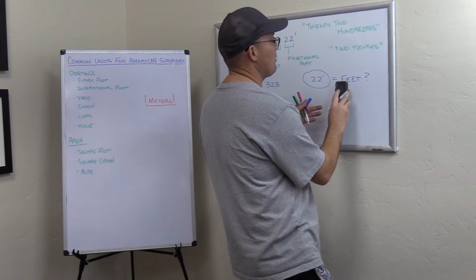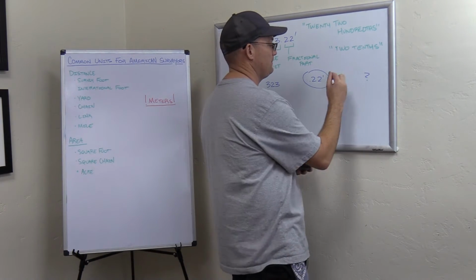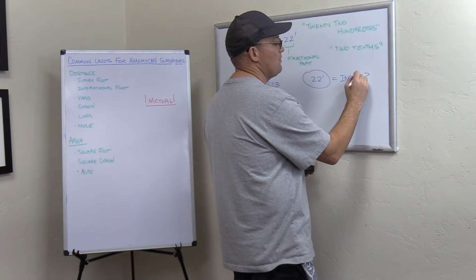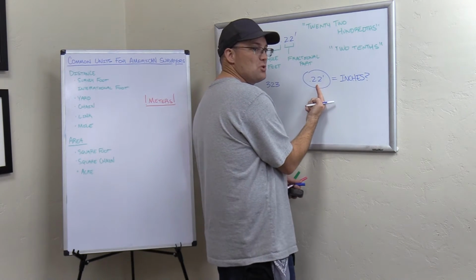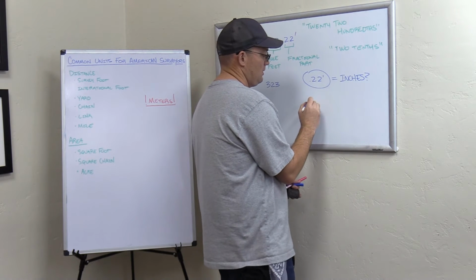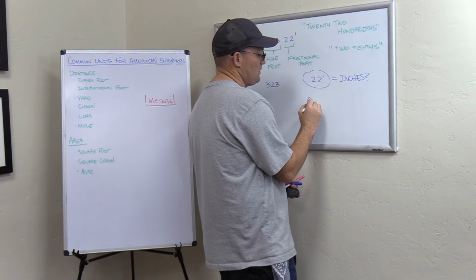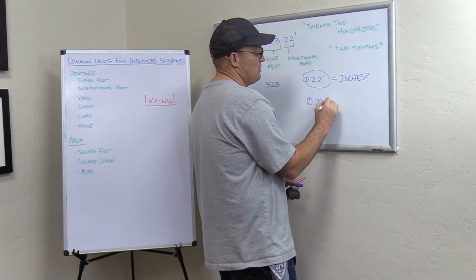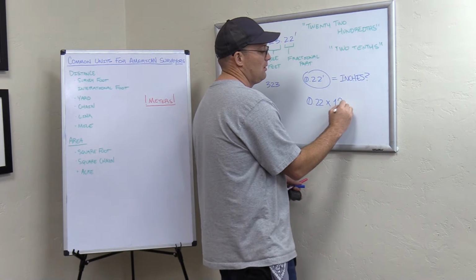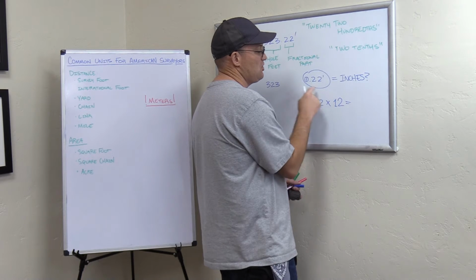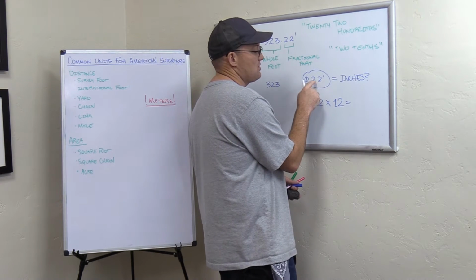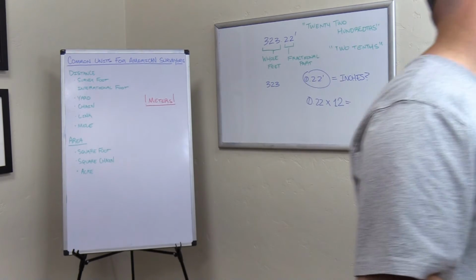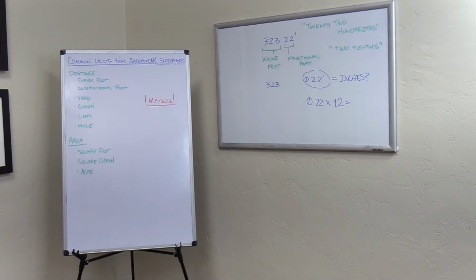Sorry, we want to know what it is in inches. I apologize. So here's what we do. We know there's 12 inches in a foot, and we have 0.22 of a foot. So the formula we want to use is 0.22, I always like to put my leading zero, times 12, which will give us the number of inches, since this value is in feet. I'm not going to try and do that math in my head. I think it's 2.4, but